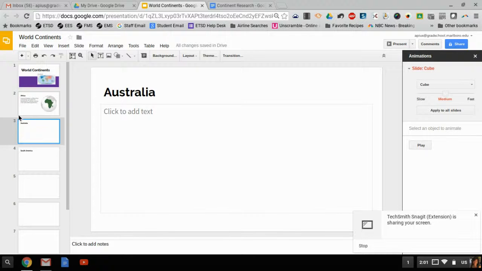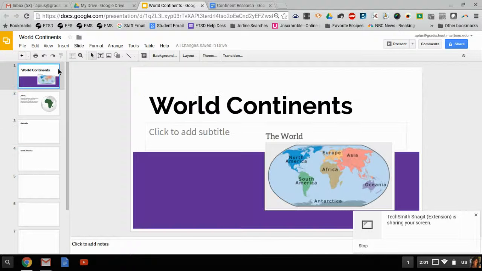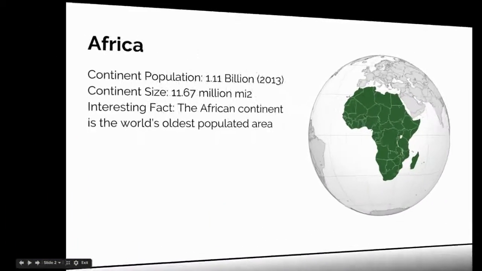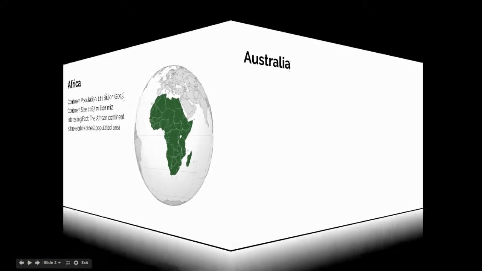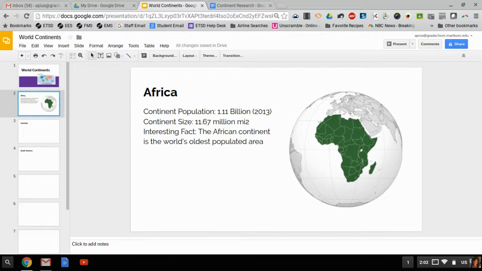And let's see. Now, when you're ready to do your presentation for, say, a classroom or something like that, I like to click on the first slide and then click Present. Hopefully you're still seeing this. I'm on slide 1, and I can use the arrows to go from each slide and to continue. It's being prompted by me. That's one way to present. Another way to present